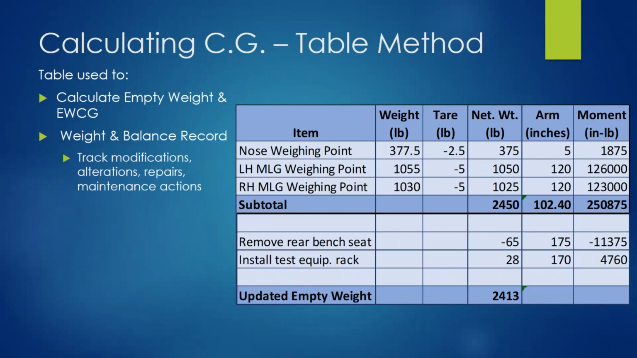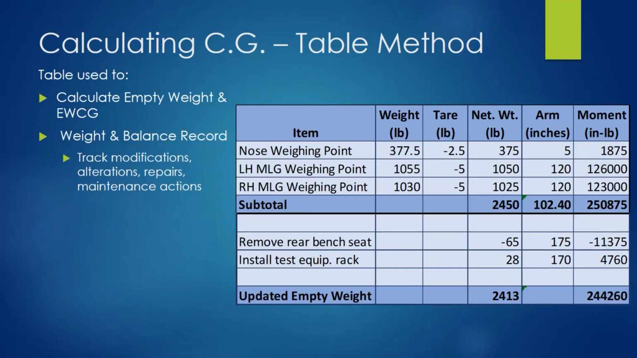And what do we do with those? What's the next step? Once we have our moments, what do we have to do with the moments? Add that whole column. So we take the 250,875 starting point. We add the negative 11,375. So we're going to essentially subtract 11,375. We're going to add 4,760. And that gives us a new empty weight moment of